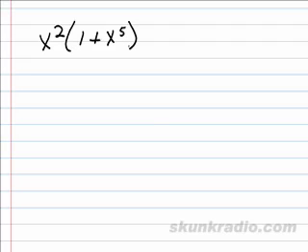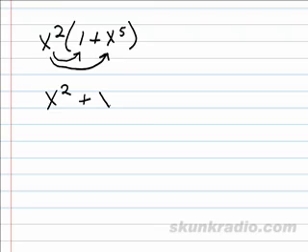Let's do one more, a little more complicated, just to see how this works. How about if we use the distributive property: x squared times the quantity 1 plus x to the fifth? We saw how to use the distributive property earlier, and it's no different when you're working with these exponent terms. We're going to multiply the term outside of the parentheses by each one of the terms inside. So in this case, we have x squared times 1 is x squared, and x squared times x to the fifth